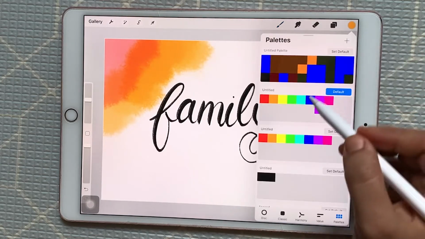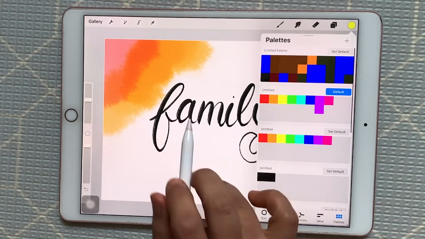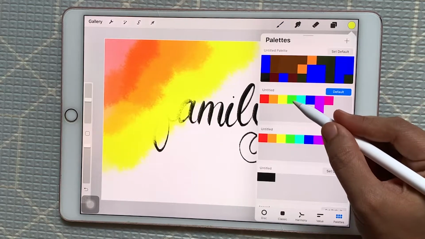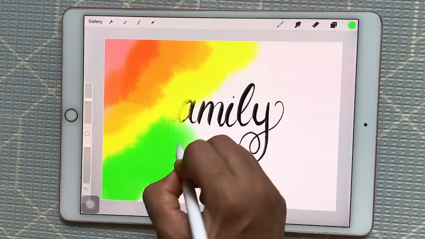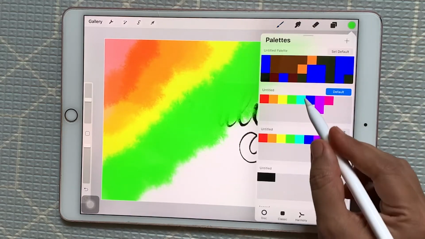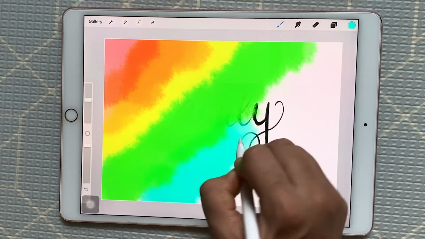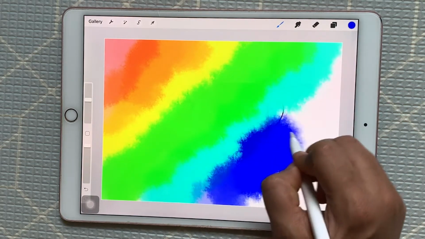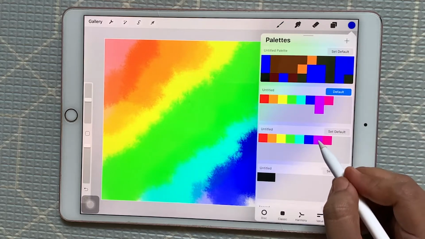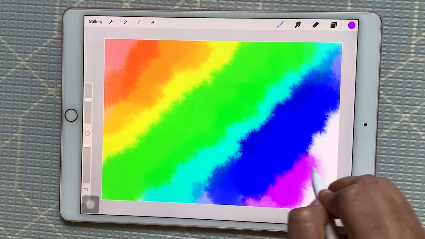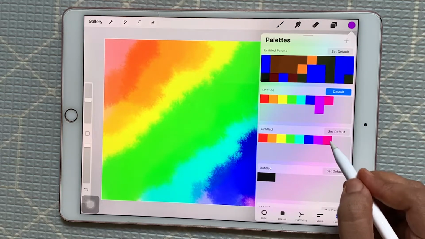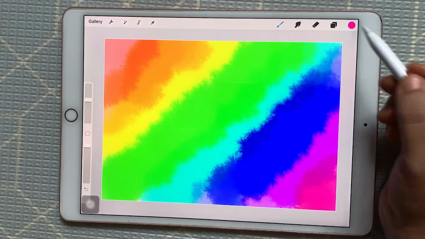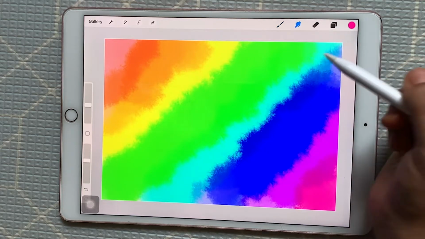Then this is my yellow color. This is my green color. This is our blue color. Now what I'll do is take a smudge tool and blend these colors in.